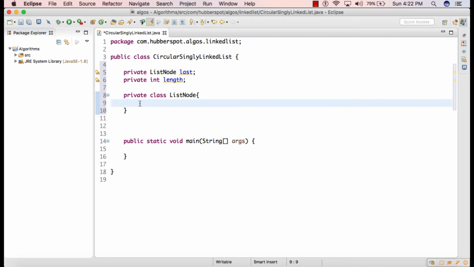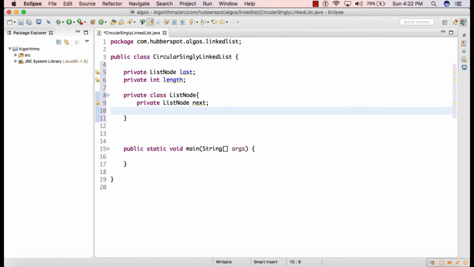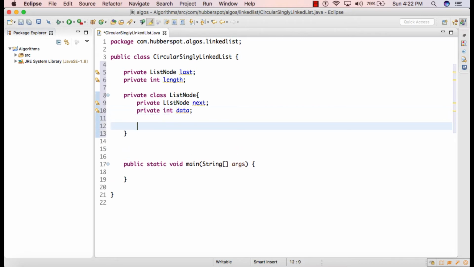So as this is very similar to singly linked list which we saw in our previous slide, so I will just code what's required in list node. So private list node next. So here list node contains the data part and a reference to the next list node.